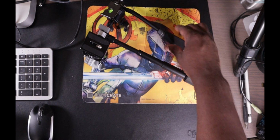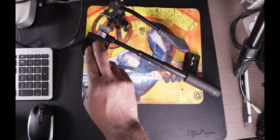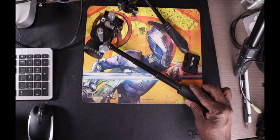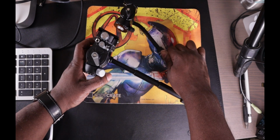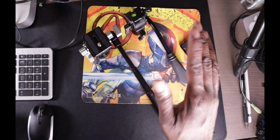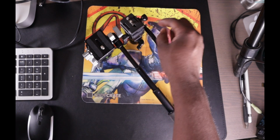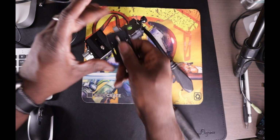Wow. This is very cool. Totally worth the money, totally worth the upgrade. Look at the difference. Very interesting. A good upgrade. Yeah, I love these things. Okay. Oh, and looks like this Arca Swiss plate that came with the other one comes with